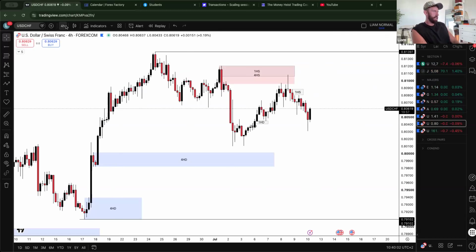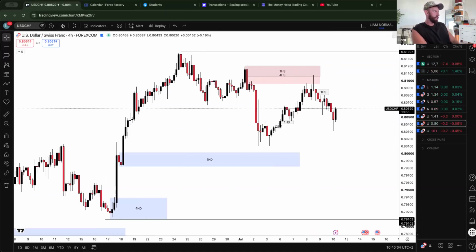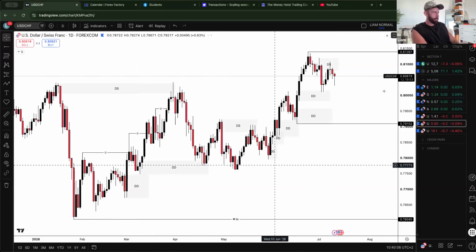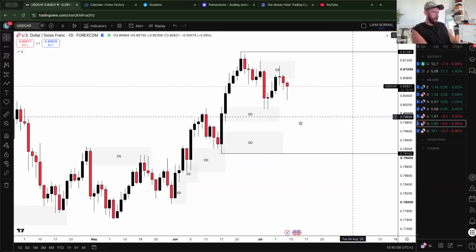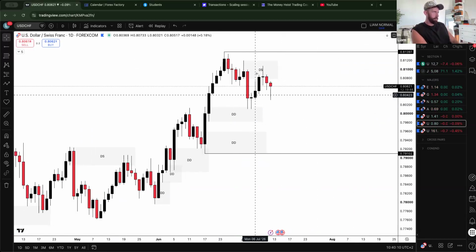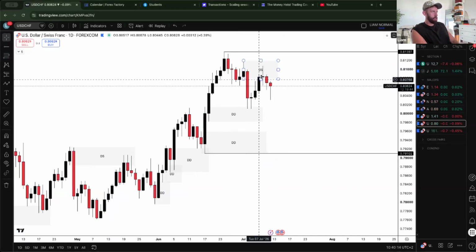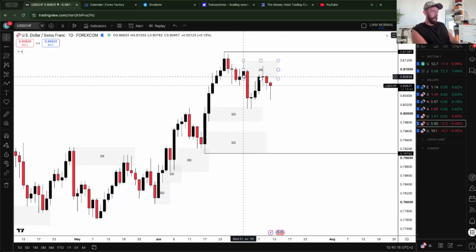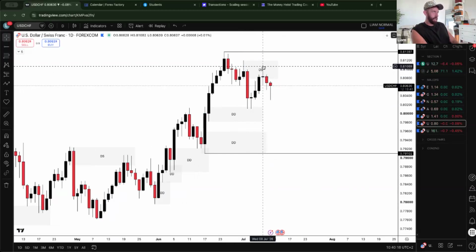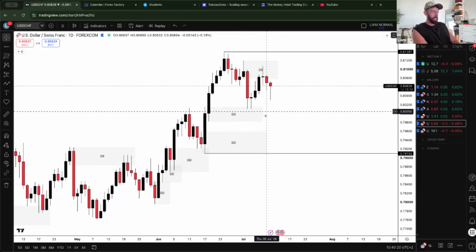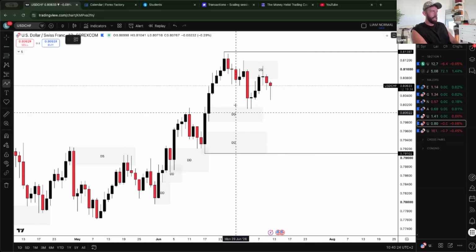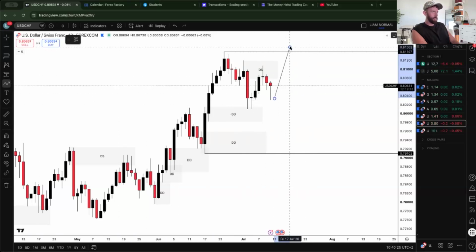Okay, USD CHF daily time frame. As you guys know, it reacted from this daily demand. Internal here gave us a shift. This big institutional candle told us a little bit about the market. And we have this daily supply, that's where market reacted from, and has continued to do so. I mentioned it's the same as the dollar. If we're going to carry on from here, then of course we can expect that.